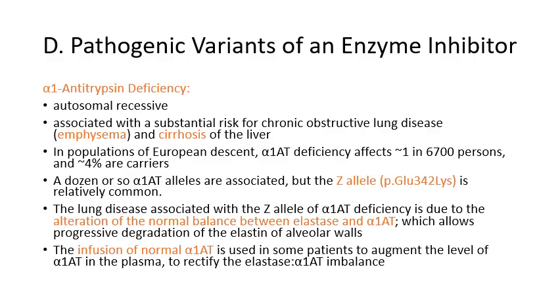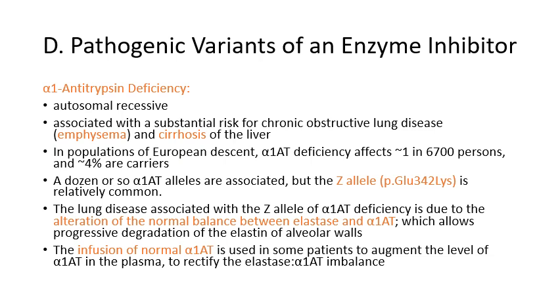Let's move on to another mechanism, which is pathogenic variants of an enzyme inhibitor. The classic example of this is alpha-1 antitrypsin deficiency, which is an autosomal recessive condition. It is associated with a substantial risk of chronic obstructive lung disease, specifically emphysema, and it can also cause cirrhosis of the liver. In populations of European descent,